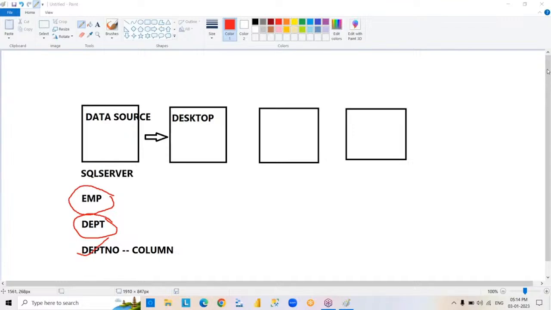That creates troubles for us. That's why, when you copy different tables from the source to Power BI and have a common column, we can perform a transformation called